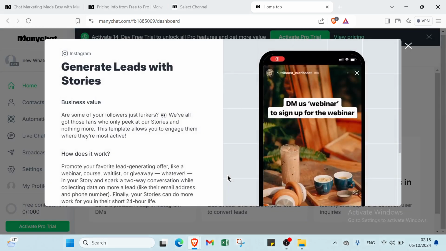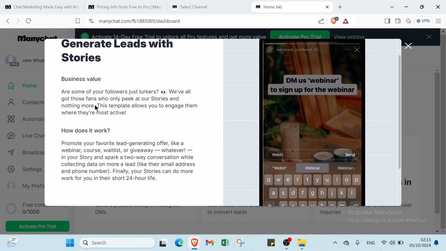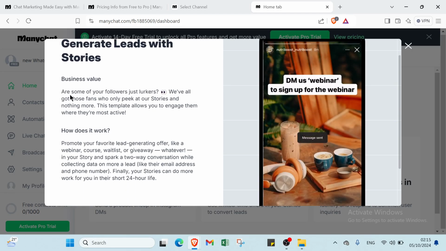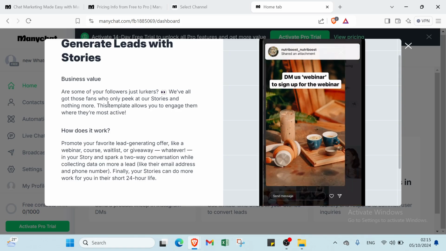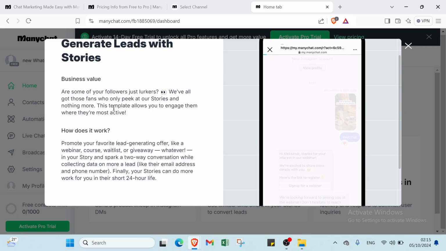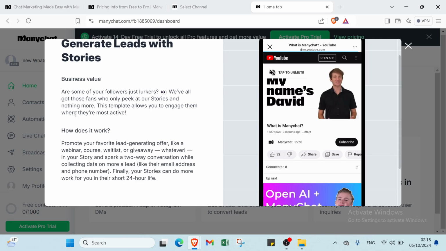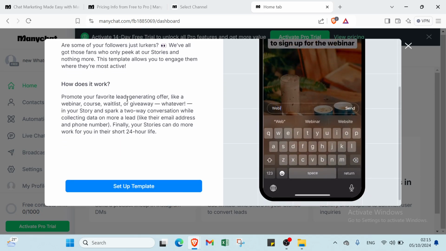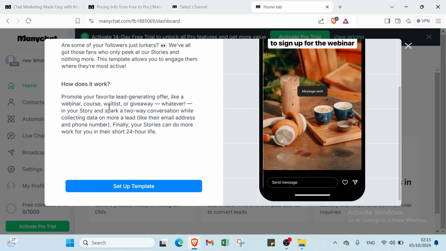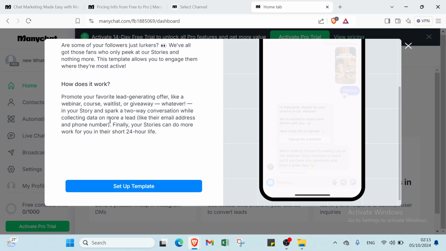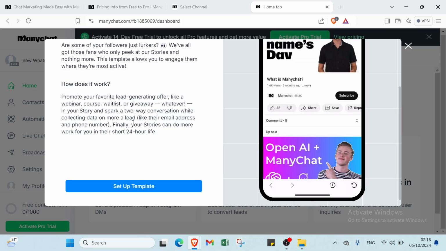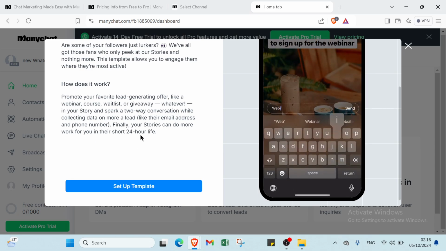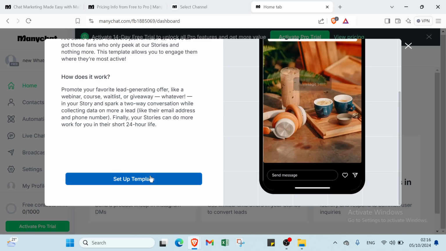Then we have the second one, which is generate leads with stories. Business value, some of your followers are just like yours. You have all got those fans who only peek at your stories and nothing more. This template allows you to engage them where they are most active. Then we have here how does it work. Promote your favorite lead generating offer like a webinar, course, waitlist or giveaway, whatever, in your story and spark a two-way conversation while collecting data on more leads. Finally, your stories can do more work for you in their short 24-hour life. Click on use template